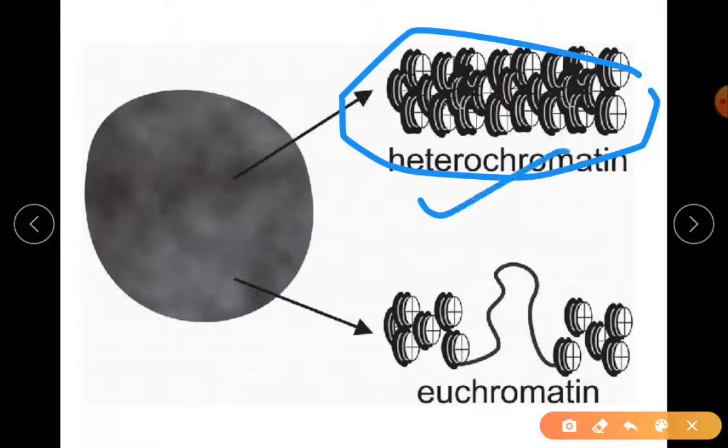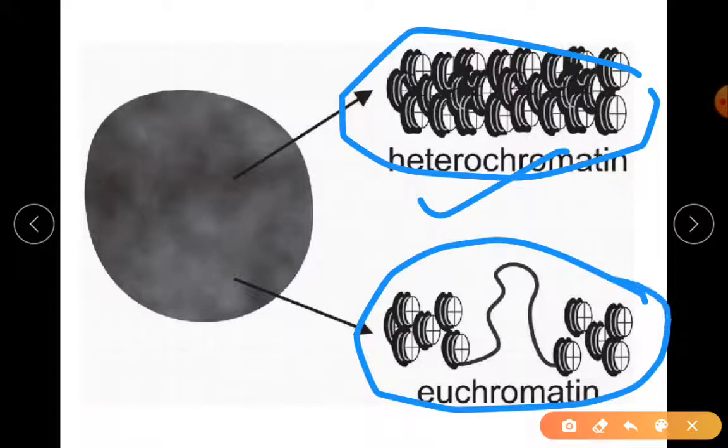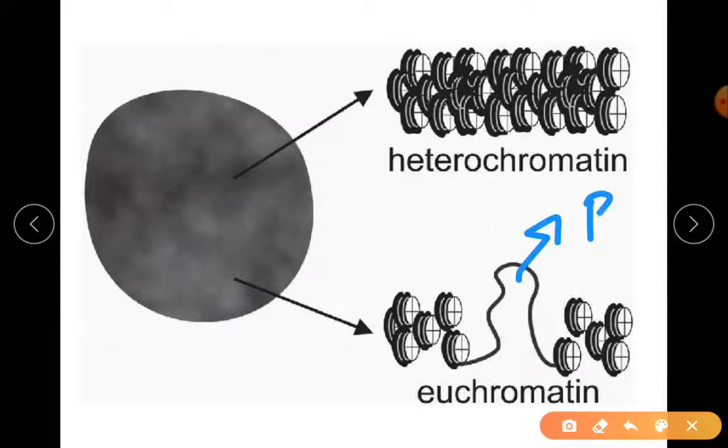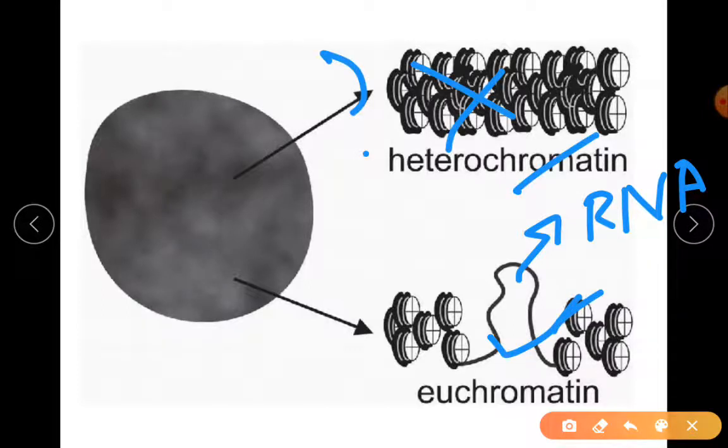heterochromatin and loosely coiled euchromatin. If you observe here, in euchromatin you can find the DNA which is open, so it is able to express. In the case of heterochromatin, there is no place for the DNA to be open, so there is no expression. I hope you remember what gene expression is. From DNA to RNA we have to get, right? That is your gene expression, and it is possible here. Is it possible here? No. You don't find this space for the DNA to express.